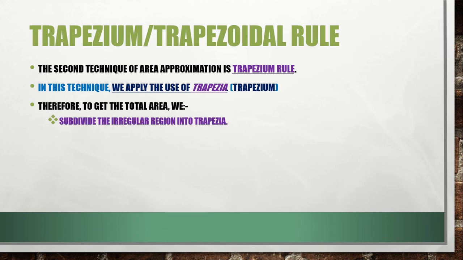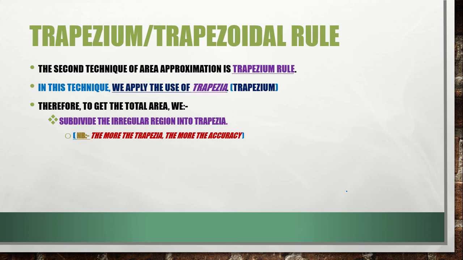1. Subdivide the irregular region into trapezia. So you basically draw various trapezia inside so that you're able to get the area. But one thing you'll be able to appreciate when you do an example is that the higher the number of trapezia, the more accurate you are. We are going to look at this in some drawings that I have for you. So the smaller the trapezia, so that you increase the number of trapezia you use,